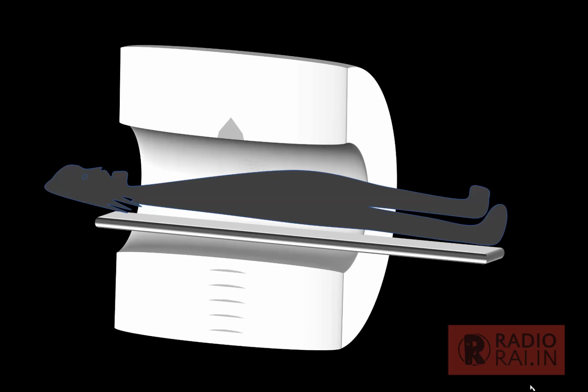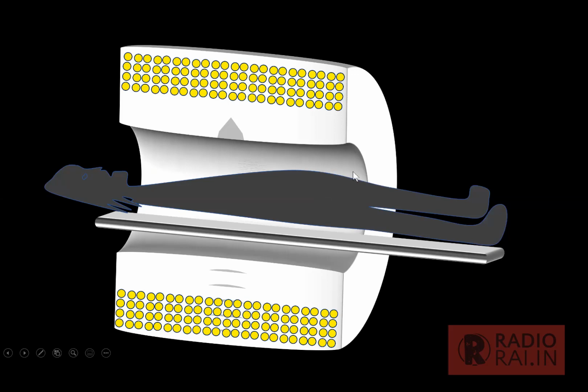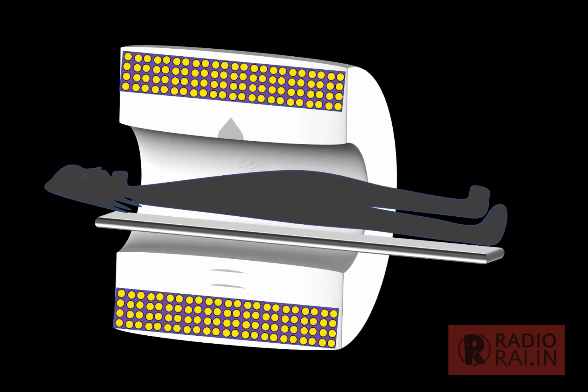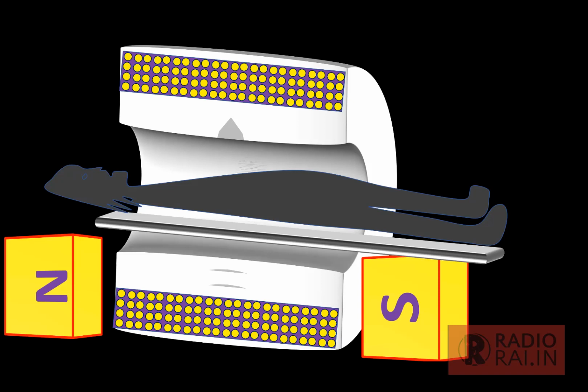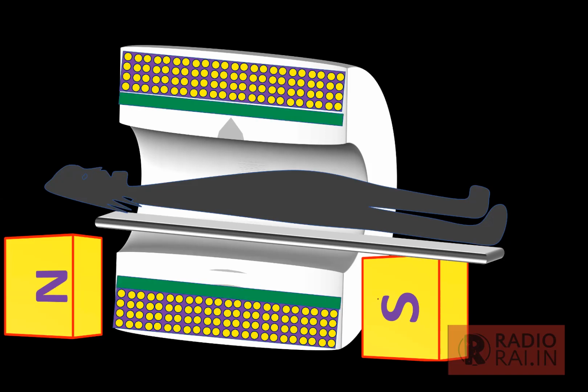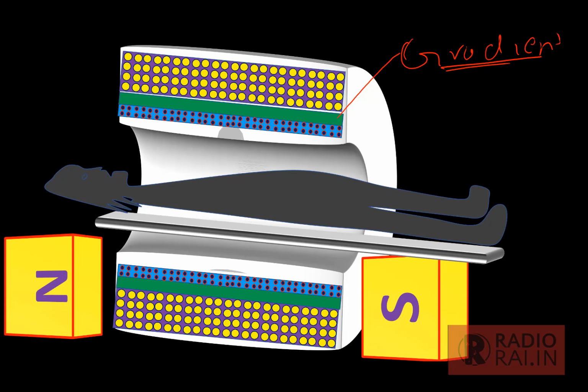So the first thing is, we know that there is this superconducting coil, which is a niobium titanium alloy, which is kept in the helium to maintain minus 290 degrees Celsius or 4 Kelvin temperature. This will produce a magnetic field in the Z axis with the north pole and south pole, and then deeper to it we have a magnetic coil. This is called a gradient coil. Okay, deeper to this gradient coil we have the body RF coil.